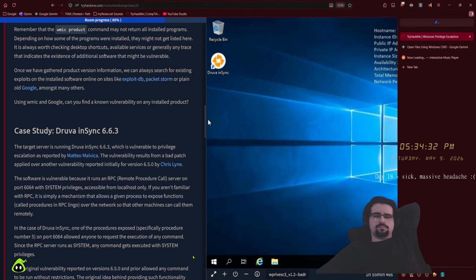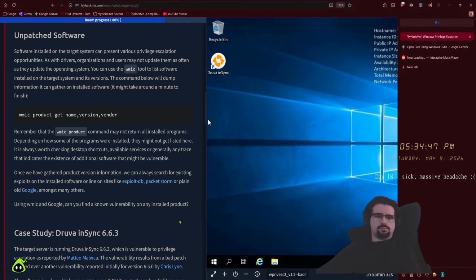The target server is running Druva inSync 6.6.3, which is vulnerable to privilege escalation, as reported by Matteo Malvica. The vulnerability results from a bad patch applied over another vulnerability reported initially for version 6.0 by Chris Line. The software